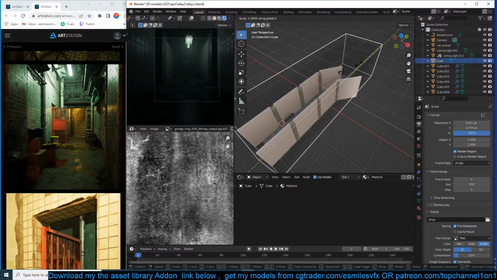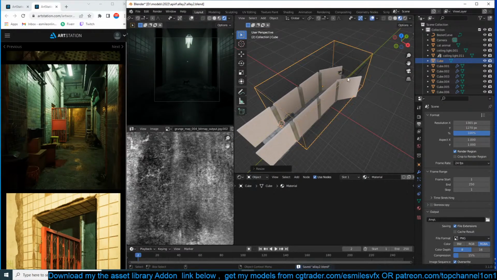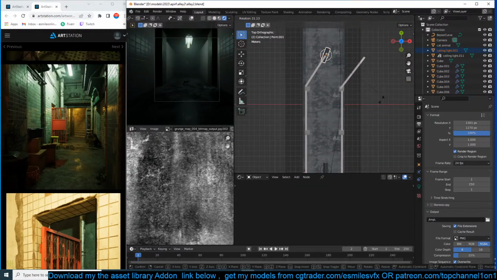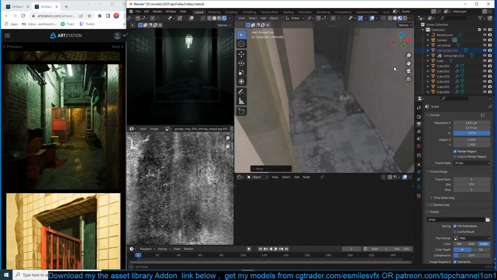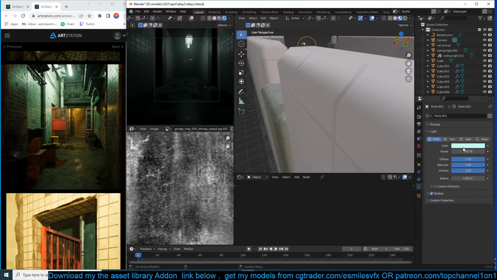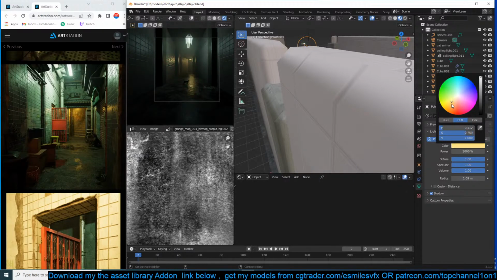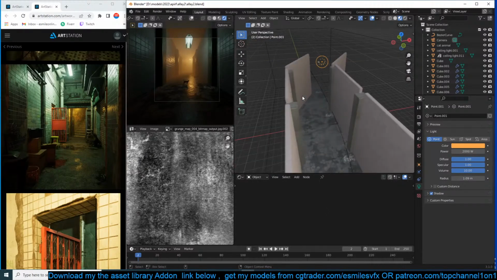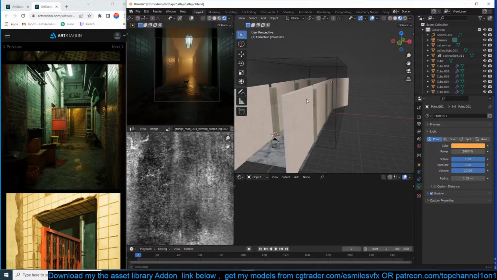And this one we can use a different light. Yeah, something interesting like that. For the roof,